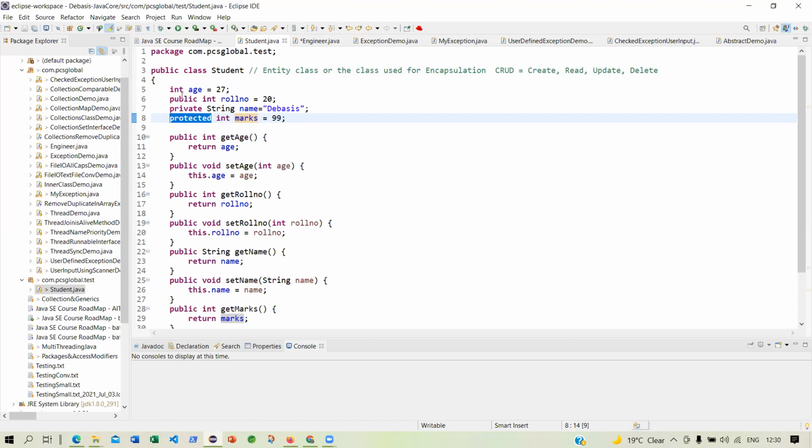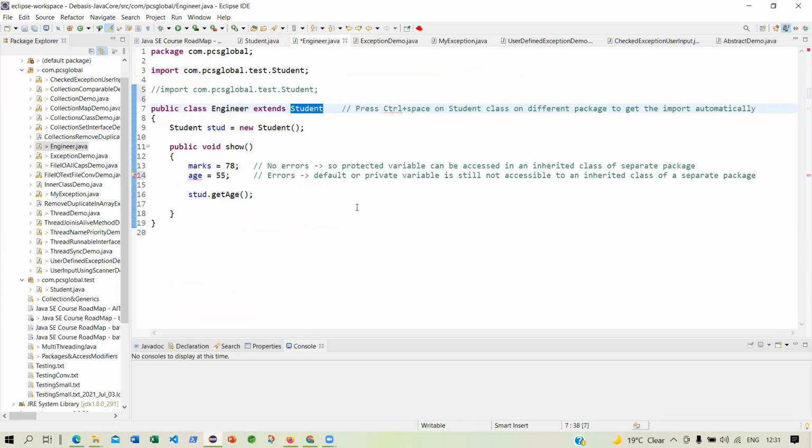Like you have int or public or private, you can do this within the entity class or the encapsulated class. Similarly, you can do it with protected. This is one of the access modifiers.